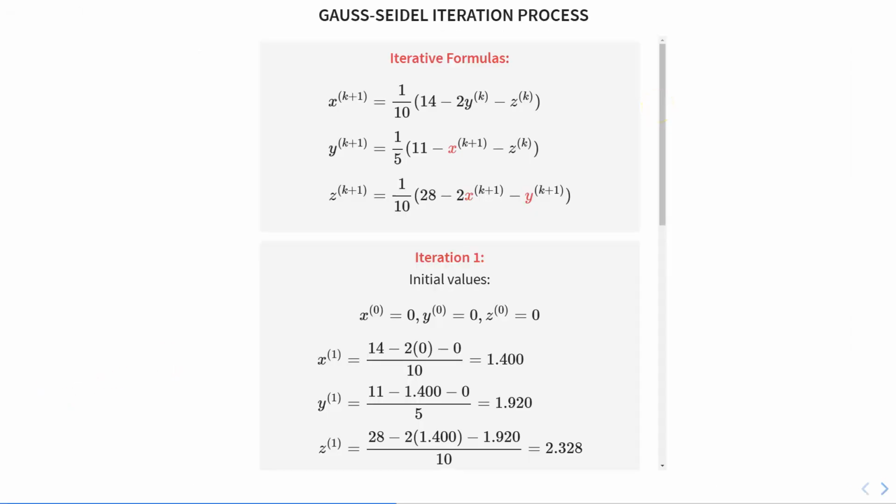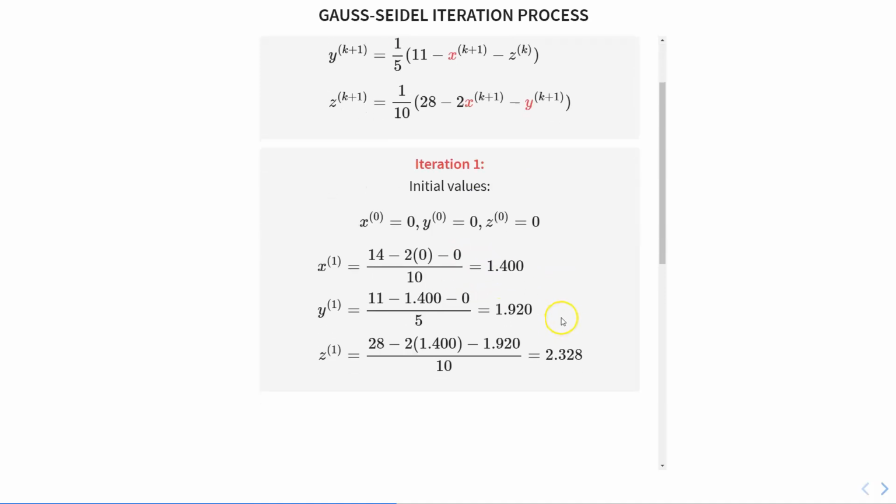First, here is my iterative formula. x is equal to 1 by 10 times (14 minus 2y minus z), y is equal to 1 by 5 times (11 minus x minus z), and z is equal to 1 by 10 times (28 minus 2x minus y). So the initial values are x0 is 0, y0 is 0 and z0 is 0. From that I am going to calculate x1. I am plugging in x0, y0 and z0. Plugging y0 that is 0 and z0 that is 0,